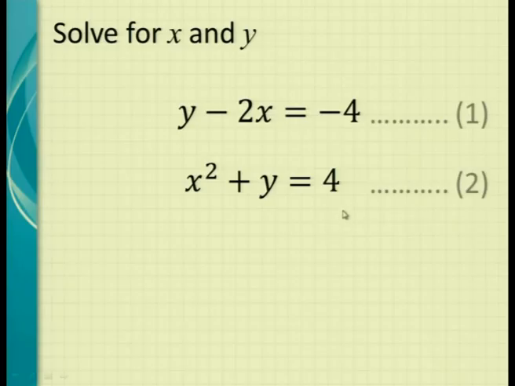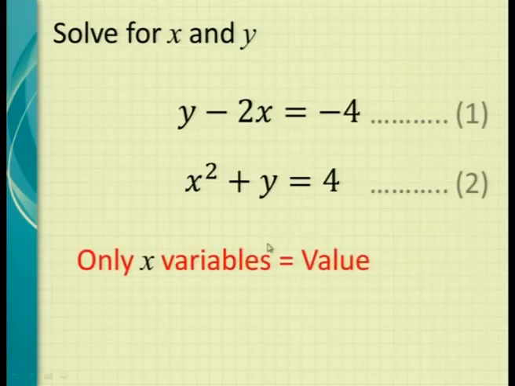And then what we do is we try and look at this and say, you know what, if only we had x's on the one side and a value on the other side. That's what we used to. This is what we've been doing in the previous lessons. We had x's and then a value, and normally that value was 0. Do you remember? We always tried to get a 0. Then we could solve this.